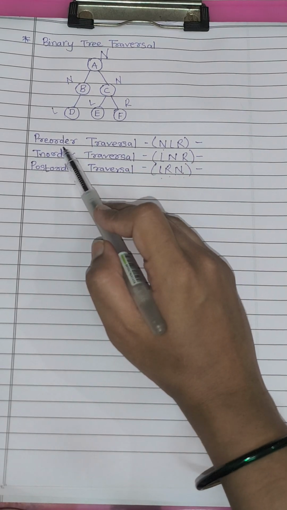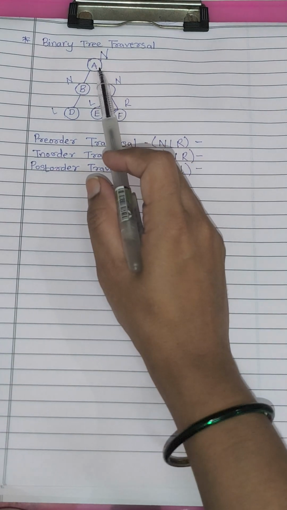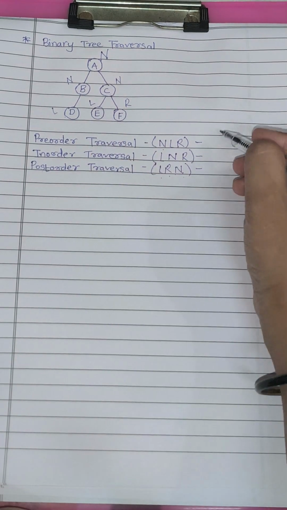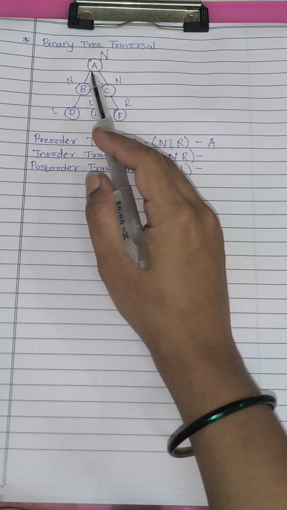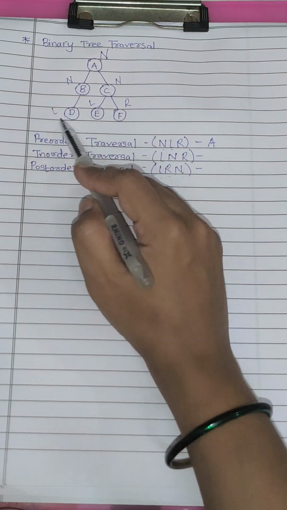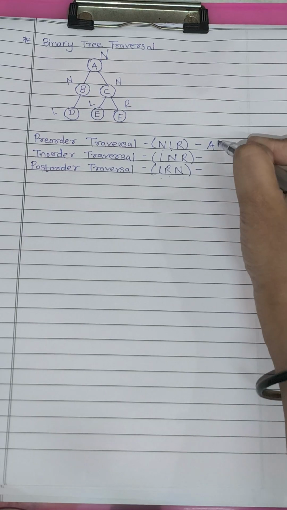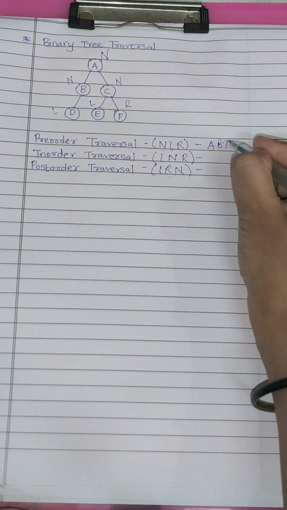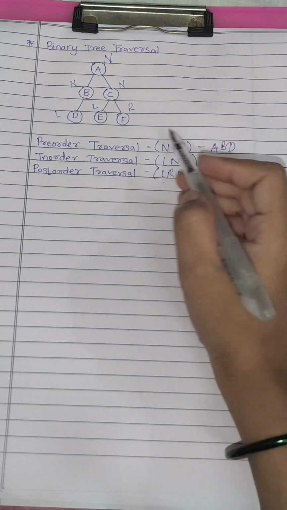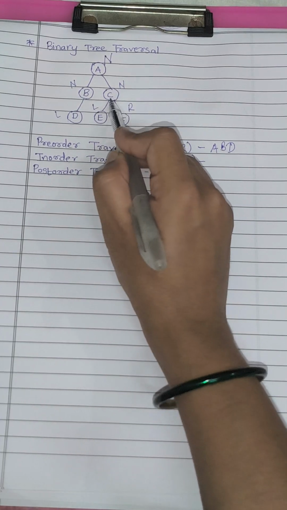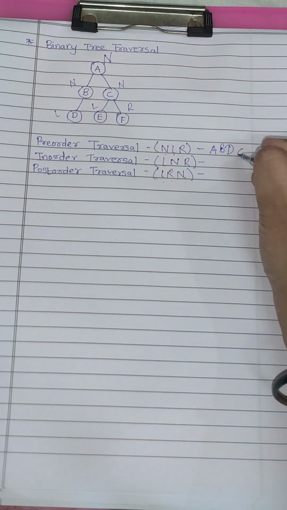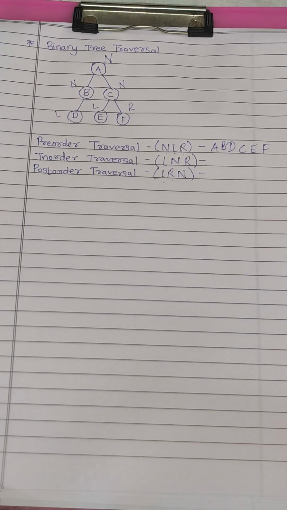Now, how can we do each particular traversing technique? Talking about pre-order, we have to visit the parent first. So we will start with the parent of all the nodes, which is A. Then we have to go to the left side. So the left of A is this. In this part, we again have the parent first, then the left child. After that, this part is complete. Now we will move to the right side. On the right side, there is again N, L, and R, which is C, E, and F. I hope this pre-order traversing is clear to you.